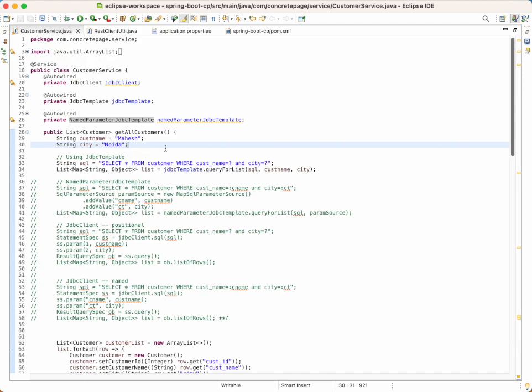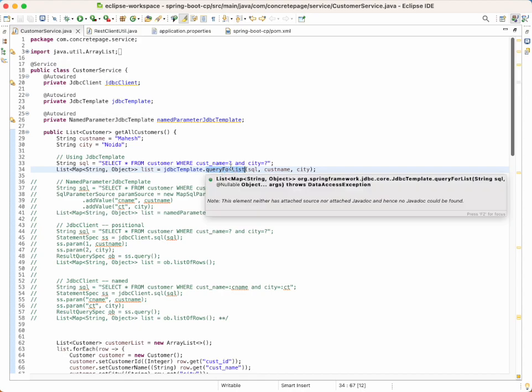To fetch data, I am here discussing using JdbcTemplate. So write the query and for the filter use positional parameter. With JdbcTemplate we cannot use named parameter. And then to fetch data, call its query for list method,